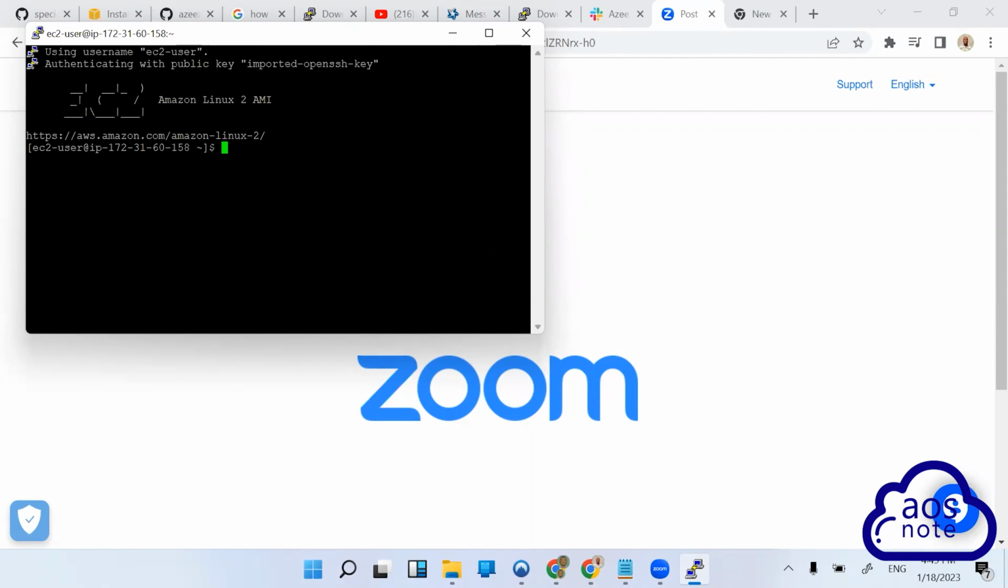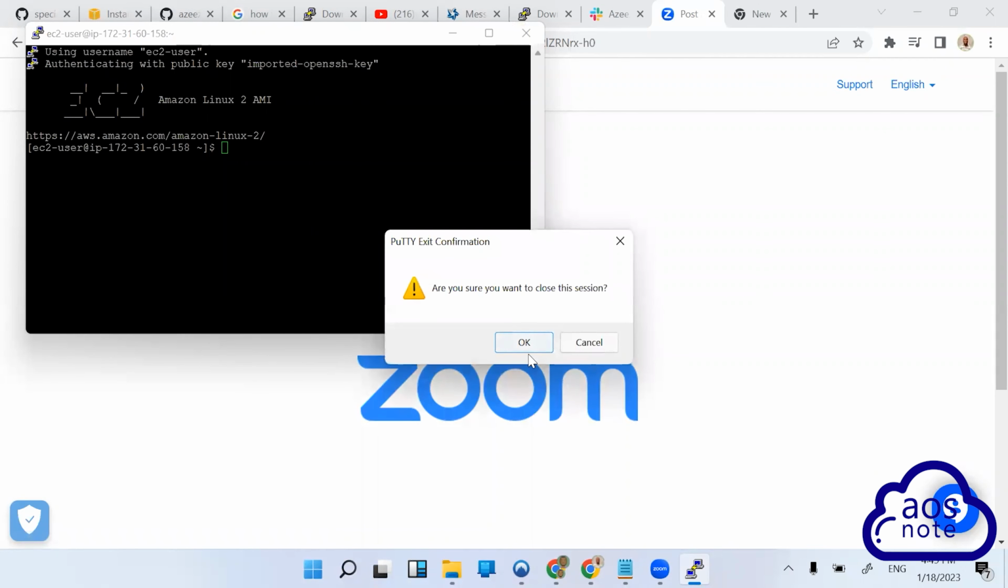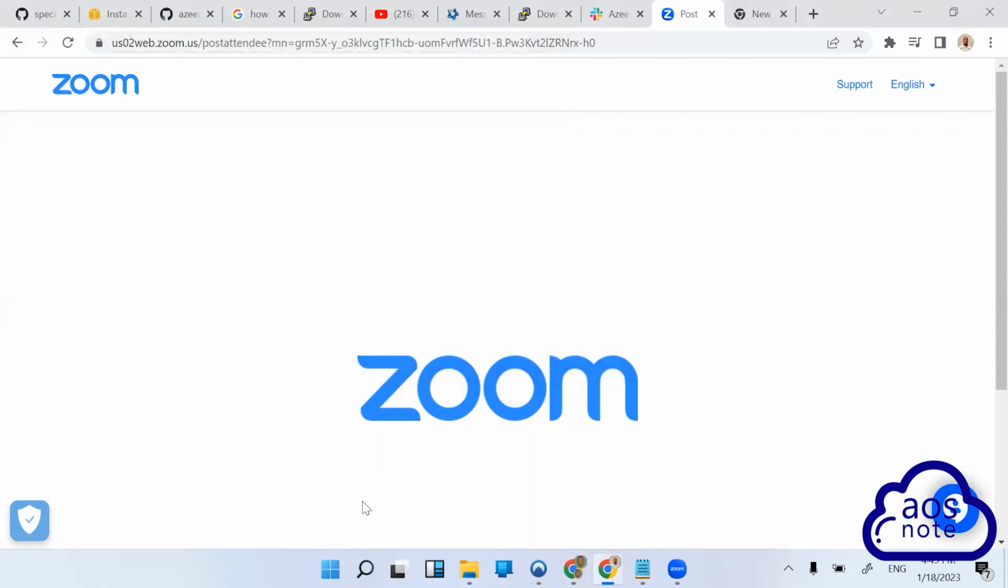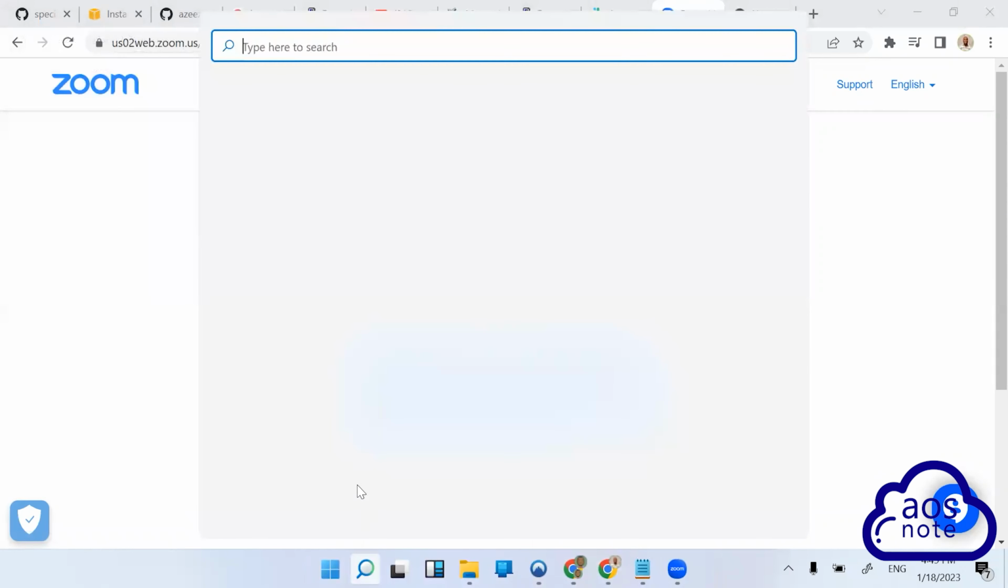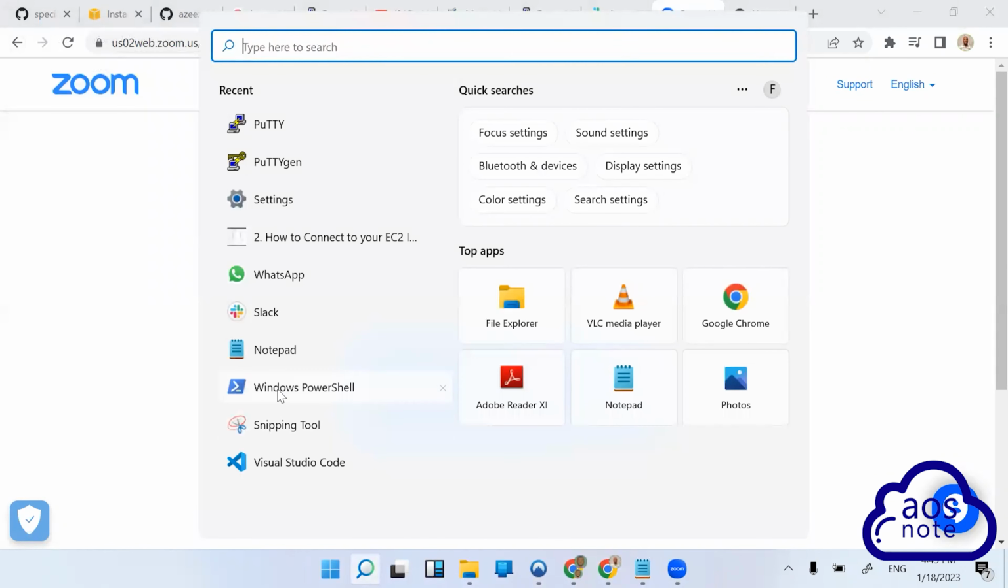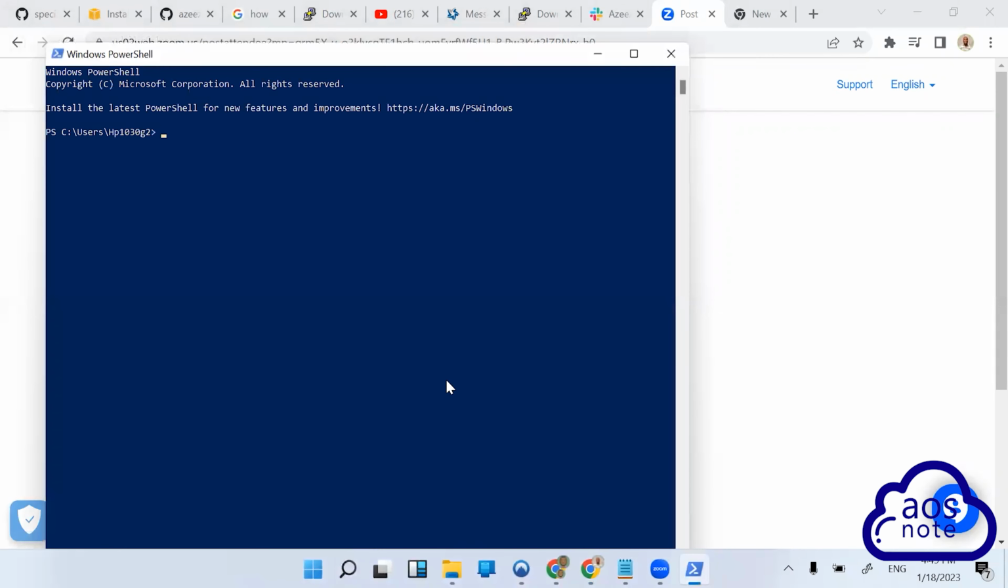All right, now let me show you how to SSH into your EC2 instance with PowerShell. You can close this session. All right, open PowerShell on your computer. So you see, anytime you open PowerShell, PowerShell always opens to your home directory. We discussed that the last time, right? So since your PowerShell always opens here,